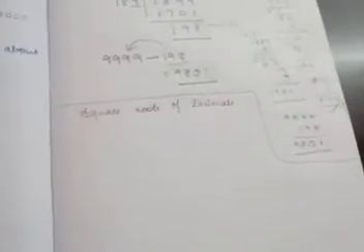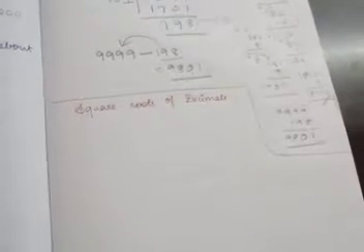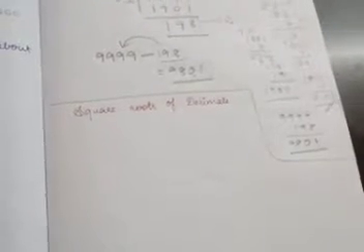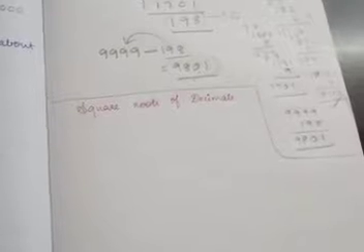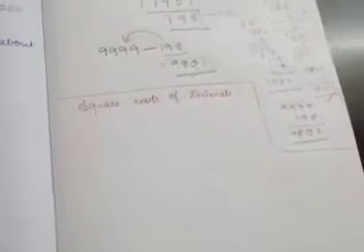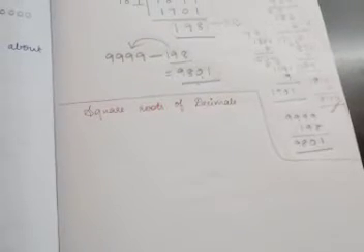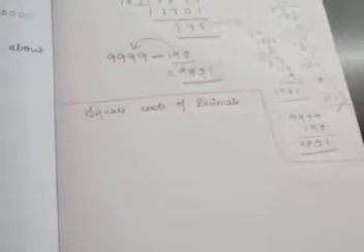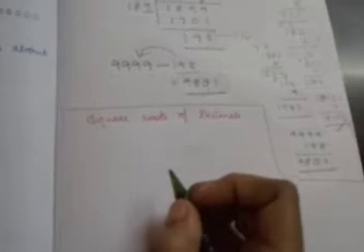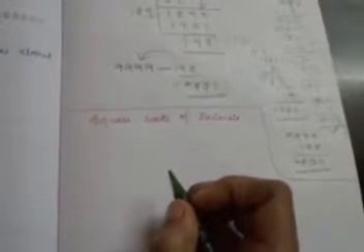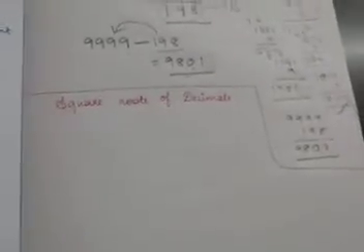Okay, next is your square roots of decimals. Now you know how to find the square root of a whole number, right? Now if it is a decimal number, how will you find the square root? Yes, that method we are going to learn now. See, on page number 105, it is given: square roots of decimals. That procedure is given. I am doing it based on that procedure.